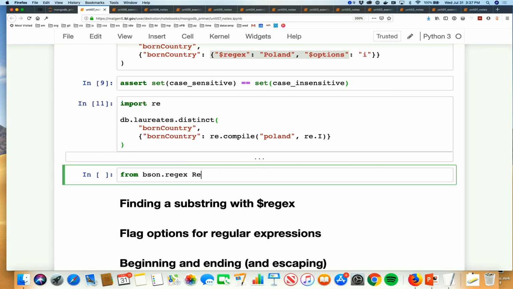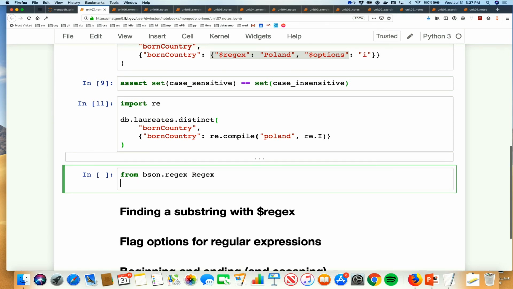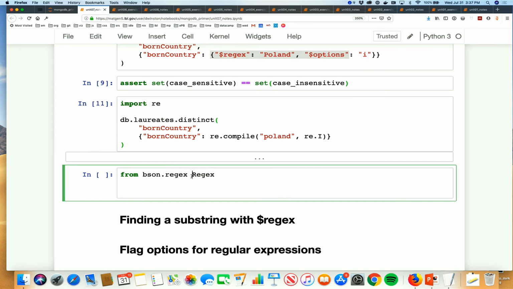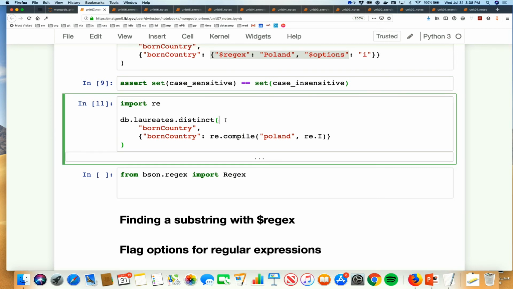I would look to the bson library for things like this, rather than use Python regular expressions, just because there are a few subtle differences between Python regular expressions and what MongoDB uses, which is the earlier Perl-compatible regular expression format. And how you do that with this, and we'll use this for subsequent exercises, we'll assume this is imported, so we don't have to write so much with the $regex, but you know that it's there, is we do something like db.laureates.distinct,